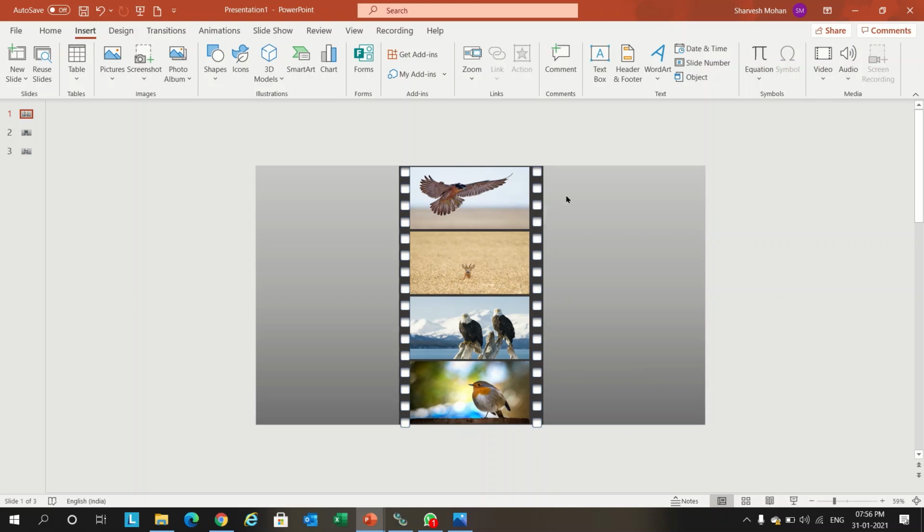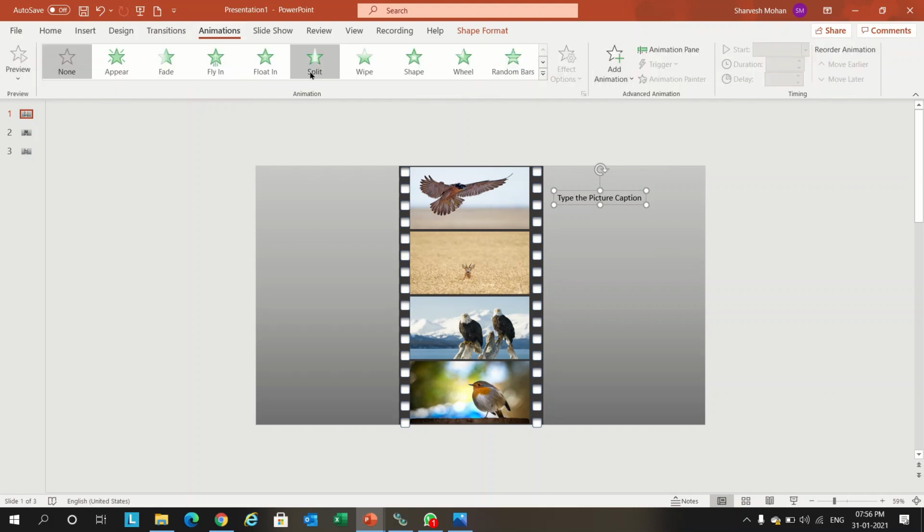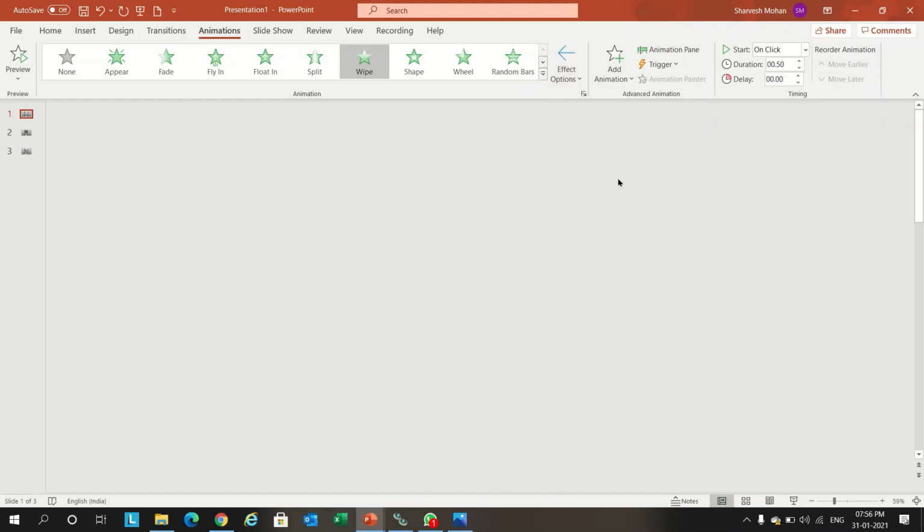If you need to add text for each picture, just click on insert and put it here. You can type the picture caption. You can put it here in the center. We can give animation, wipe animation from right.